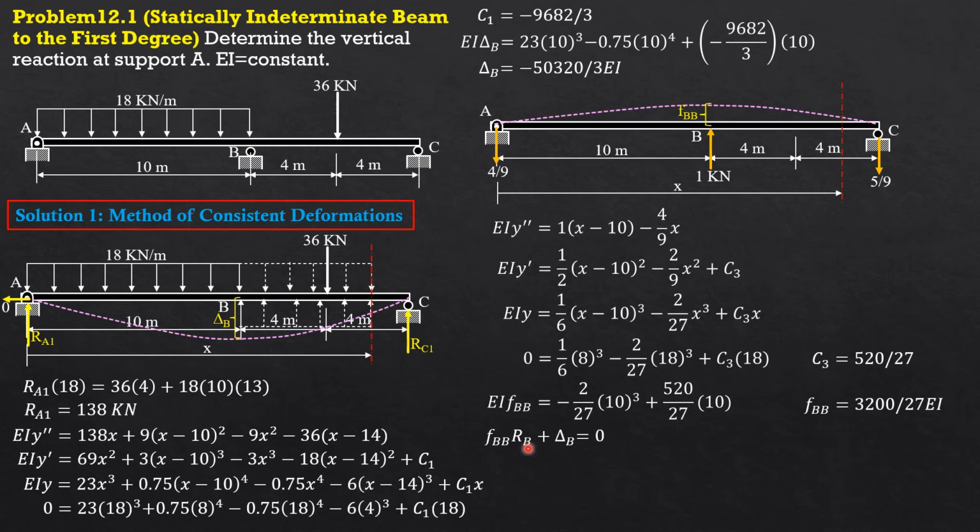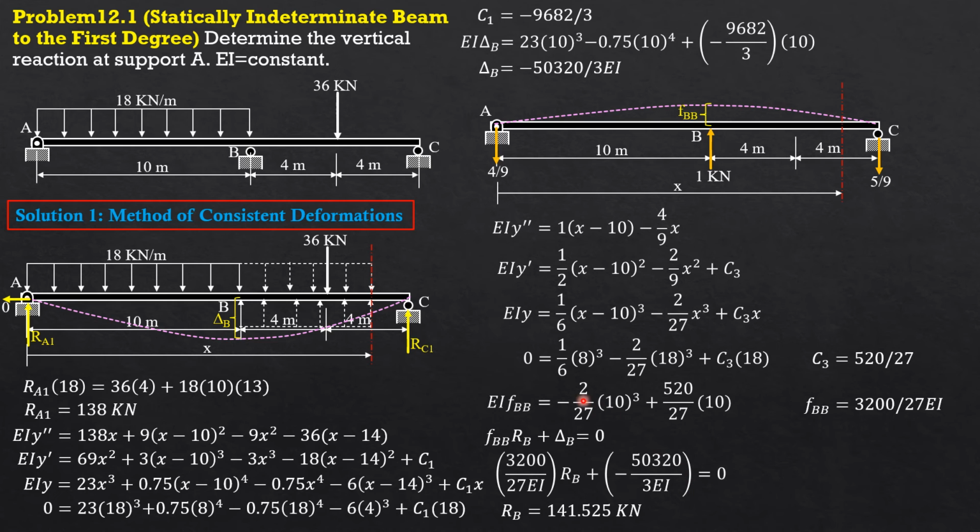Then substitute into the equation: FBB times RB plus delta B must be equal to 0. FBB times RB is the upward deflection, which should be numerically equal to delta B, so that the final deflection at B would be 0. So that's this: 3,200 over 27 EI times RB plus negative 50,320 over 3 EI equals 0. We can cancel EI and solve for RB. RB is equal to